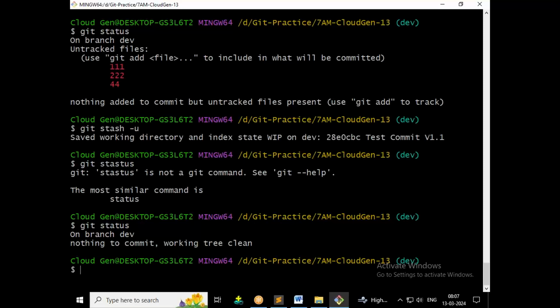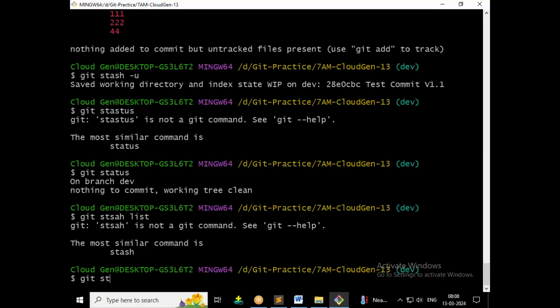So I told you, and we are discussing, what is the purpose of stash memory and in which cases we use stash memory. Whenever you are not able to switch from one branch to another branch, or you would be switching forcefully and losing data. You need not commit, you need not lose your data. At that time you can use this stash memory. So now the stash memory is empty. Now if you apply git stash list,